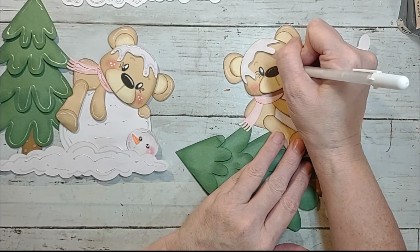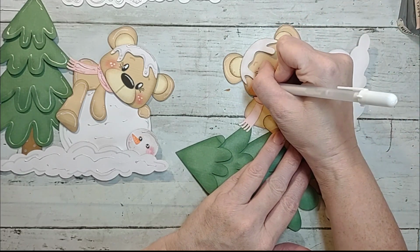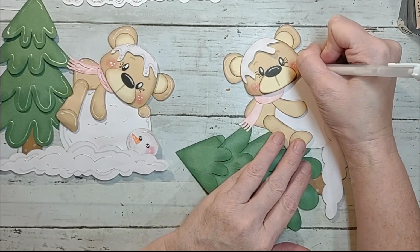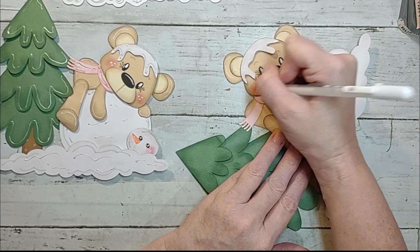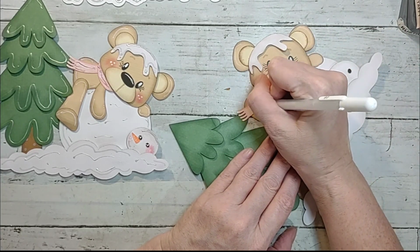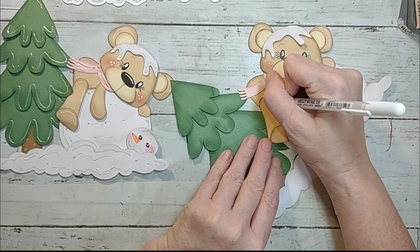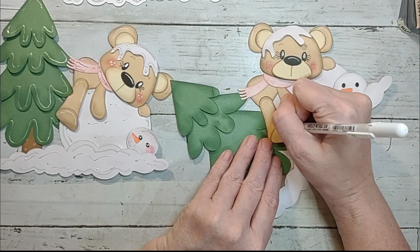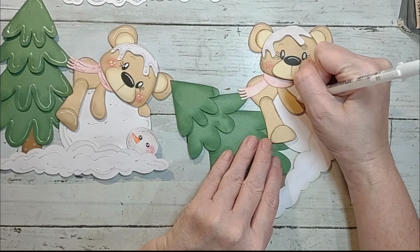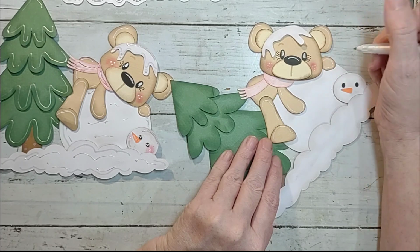Highlights on the nose. Freckles, which are optional, but y'all know I'm going to forever do them. And then I did on the scarf, some line work, on the leg, over the feet, around the arm, over here on the hand,